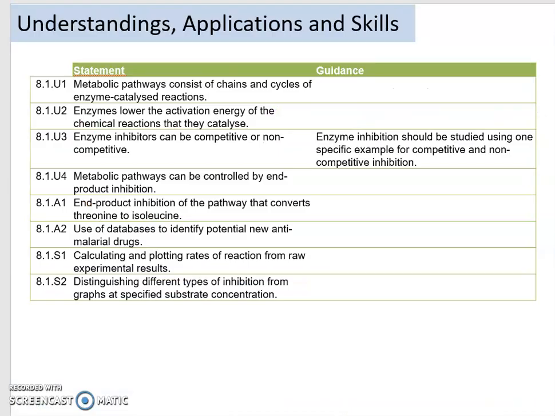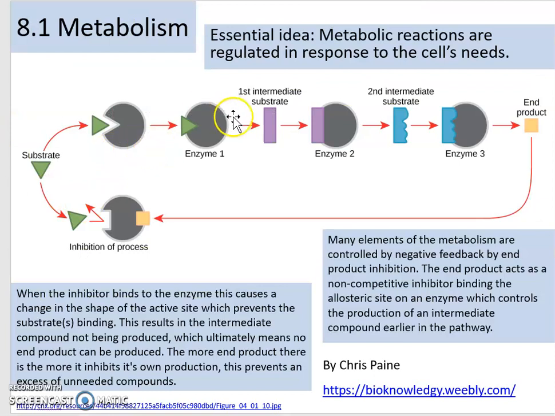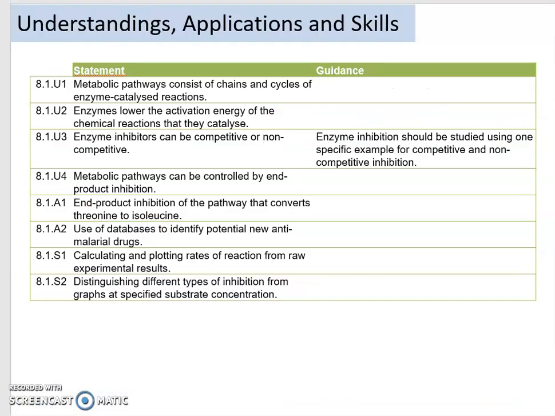Here, what we've got is the syllabus statement. Quite a few of these we've touched on when we looked at the standard level stuff. So this idea that metabolic pathways exist, and the metabolic pathway can exist as a chain. Very much in this case, we've got this chain reaction going on here, and we're going to look at examples of that. For example, glycolysis, when we look at 8.2, which is a chain of reactions, all of which are